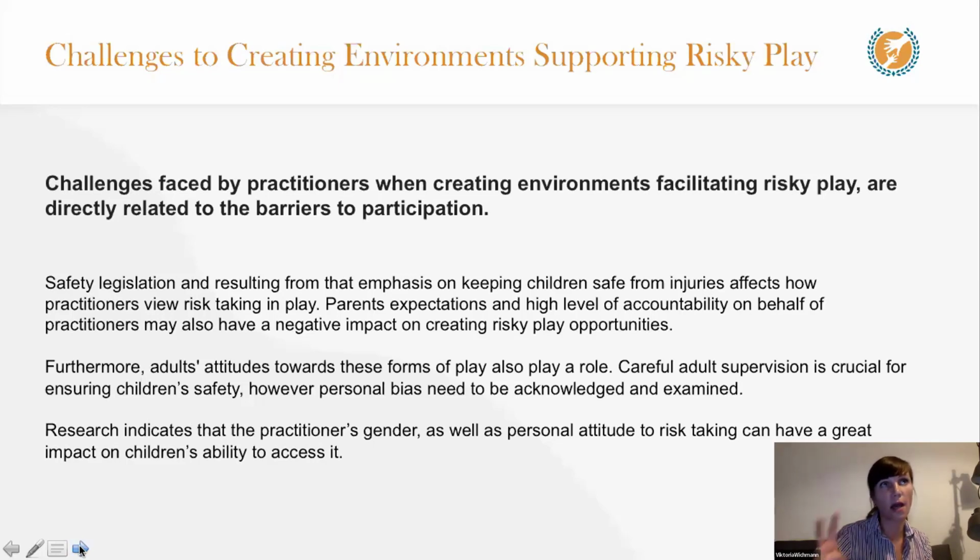And when I say that, I often mean rough and tumble. These are the male practitioners that have, let's put it this way, more liberal attitudes to giving children opportunities to engage in this risky play.